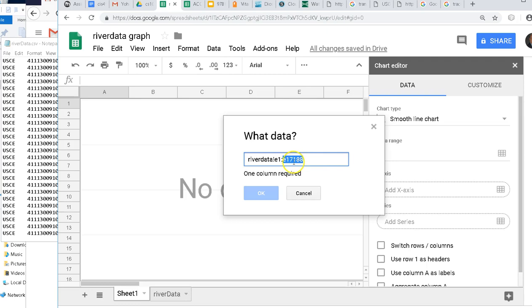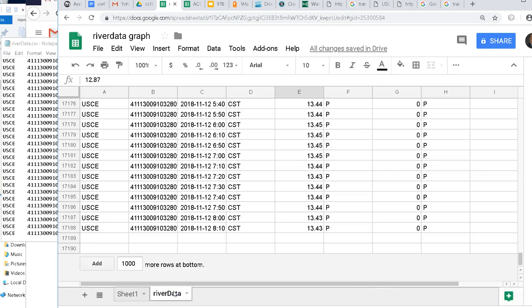And it doesn't like that for some reason. Let's try River Data in single quotes. See if it likes that. Well, it doesn't like something. Something doesn't like about my data here. Let's take a look here. River Data